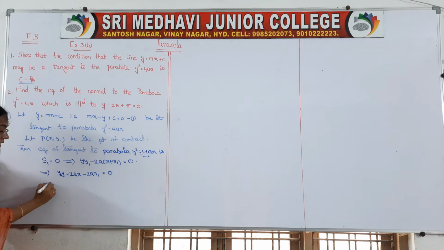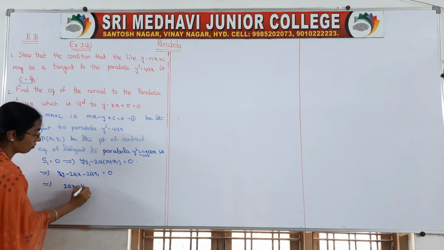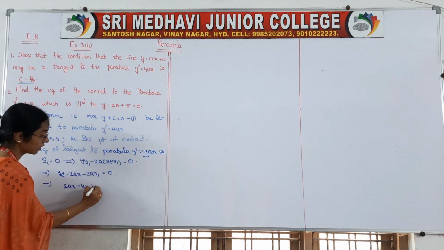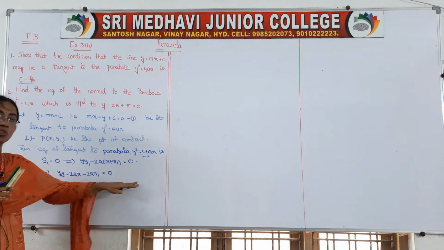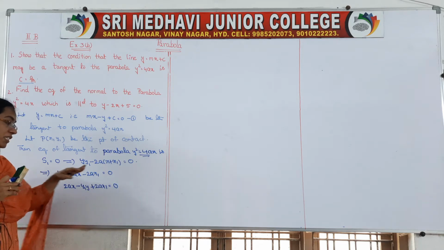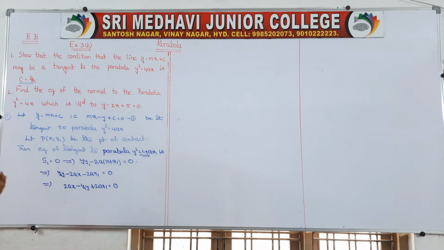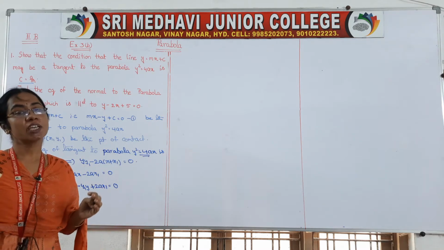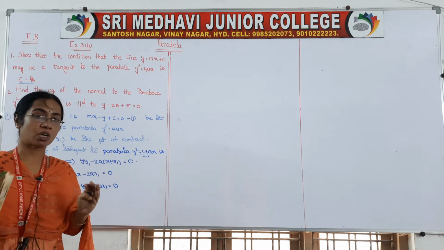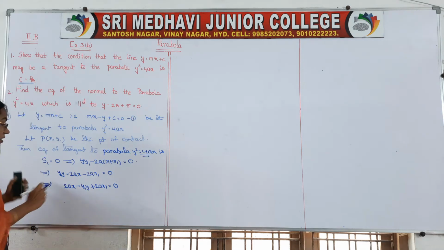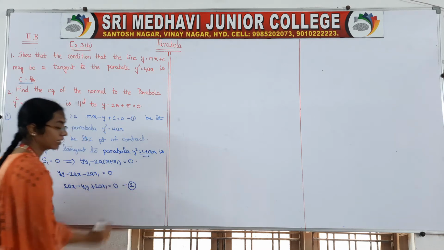2ax1 is equal to 0. Send the terms to that side, so it is 2ax minus y1 y, minus of minus, send 2ax1 is equal to 0. Send the terms to that side. Why am I sending? To write into line form, what is your line form? X term should come first, ax plus by plus c is equal to 0. That is called line form, and the first term should be positive in mathematics, right? For that sake, send these values to that side. You consider that as the second equation.